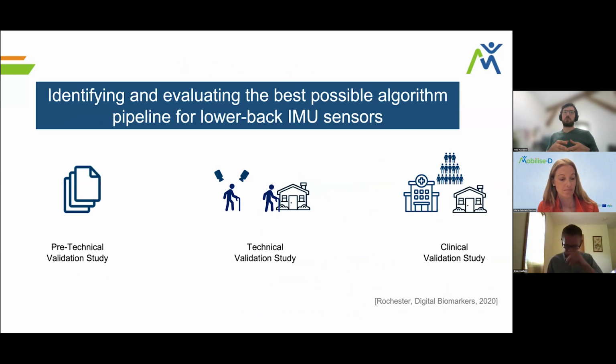which was at the very beginning of the project, where we took already pre-existing data sets from the community to do initial testing and optimize algorithms that we either got from publications, got from partners within the project, or needed to re-implement based on our algorithm structure. With these pre-optimized and pre-selected algorithms, we went into the technical validation study, where we had laboratory assessments